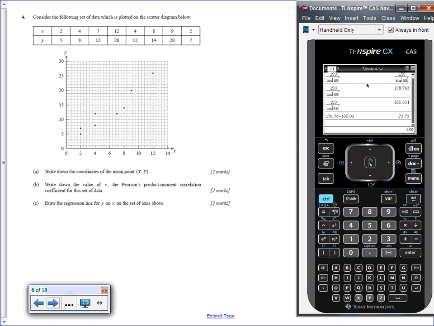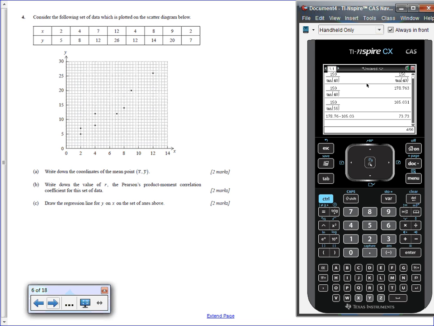Then we move on to a descriptive statistics question. They give us a data set, an XY table, and they plotted it already on a scatter diagram for us, so you don't have to draw the scatter diagram yourself. Writing down the coordinates of the mean point, mean of x and mean of y. You can, of course, calculate the mean